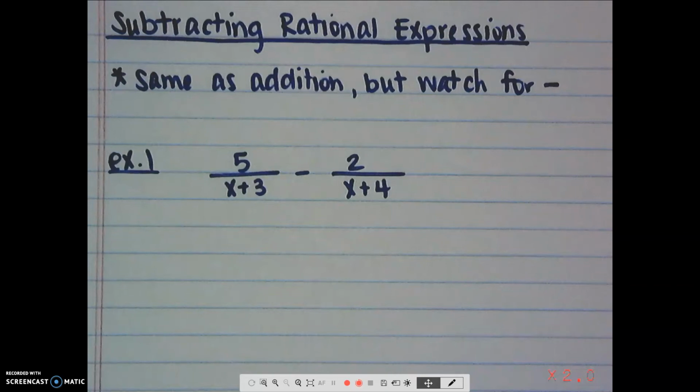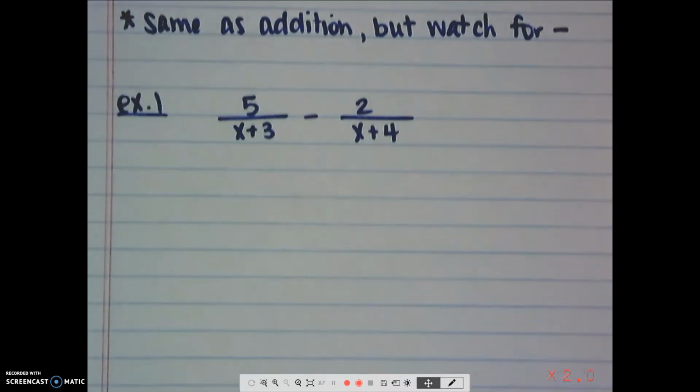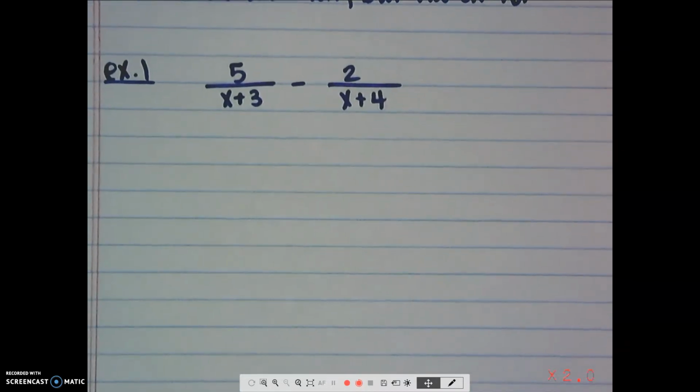Today we're going to be talking about subtracting rational expressions. So this is going to be the exact same that we did with addition, but we just need to watch out for that negative sign. So we're going to talk about what you should be doing and the easiest way to avoid making mistakes with subtraction. So if we get started here, we have 5 divided by x plus 3 minus 2 divided by x